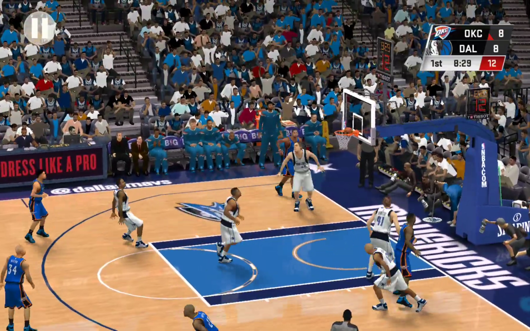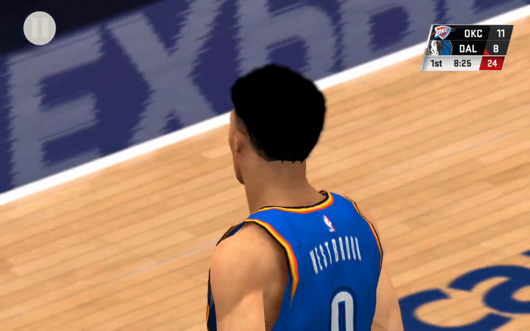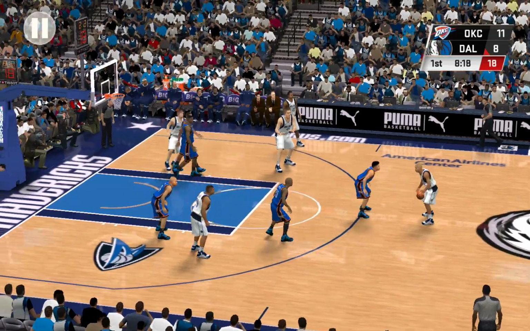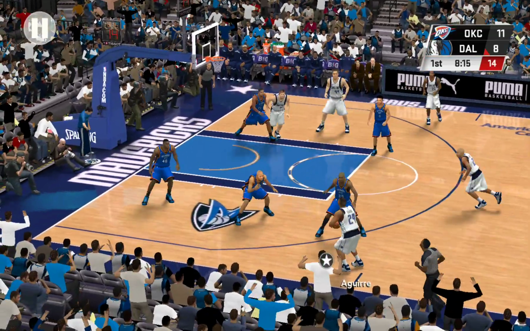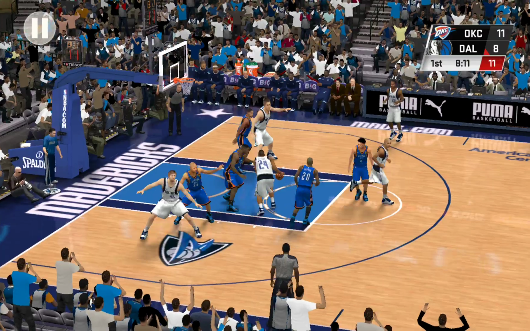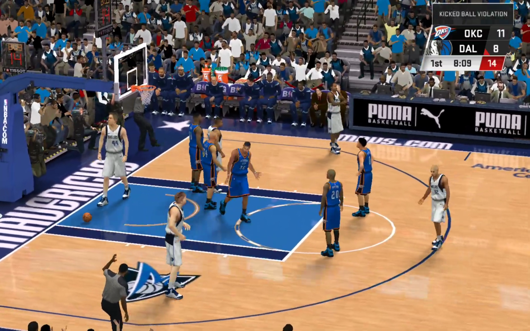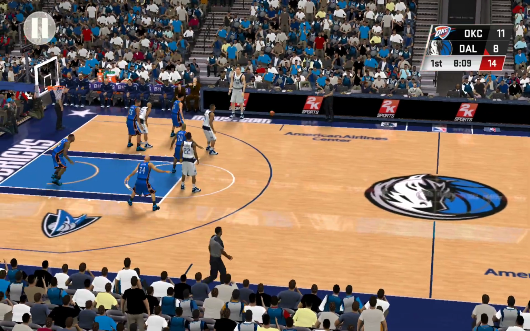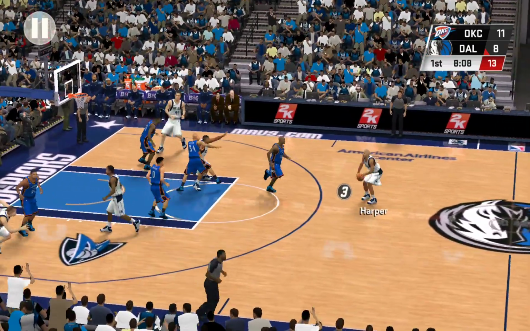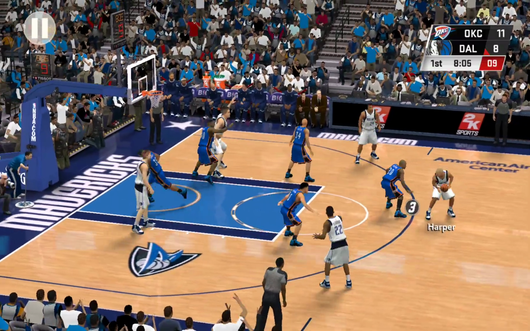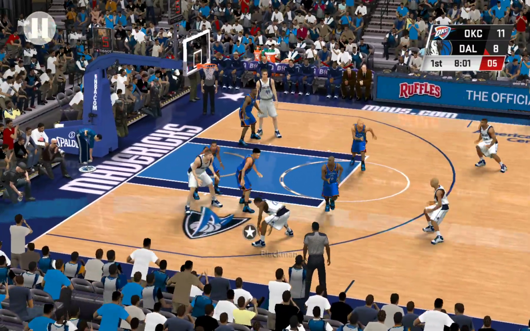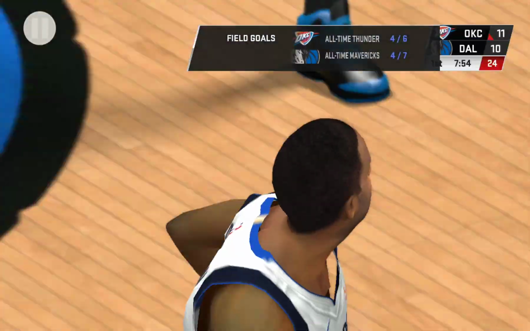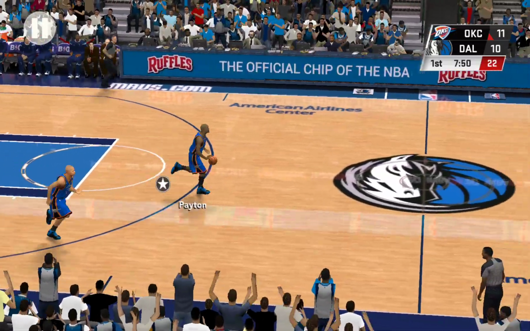Now here's Westbrook. Outside Westbrook. Gets it to go from beyond the arc. Boy, such outstanding patience and decision-making for them offensively. Pass to Aguirre. Off his foot. And the ref saying he kicked it. Here's Harper. 6 to shoot. Blackman. Money from the wing. The Thunder with the lead.